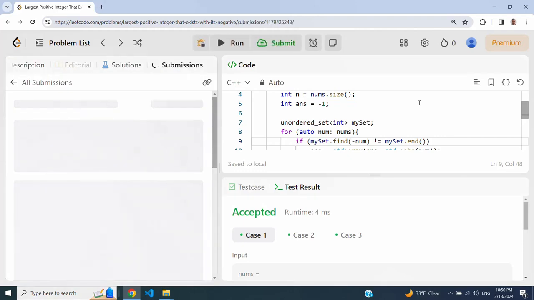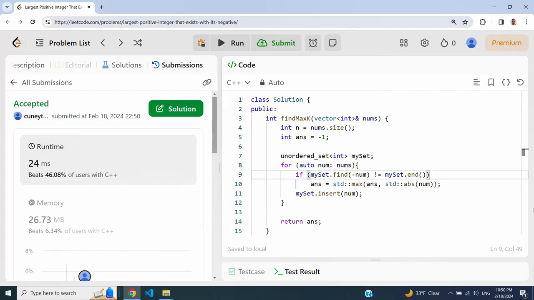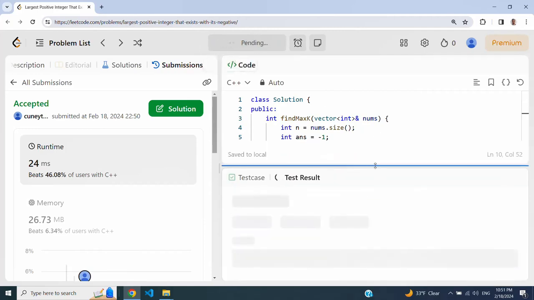So let this thing run. As you can see, this is correct. The other way to check whether the set contains a number is just to count the number of times that it occurs. So if count is not equal to 0, this count is just going to count the number of times that this num exists in the set. We have to count minus num. If minus num exists in the set and the count is not 0, that means there is already minus num in there, and then I found the solution. So I can take the solution. This is expected order 1, of course.